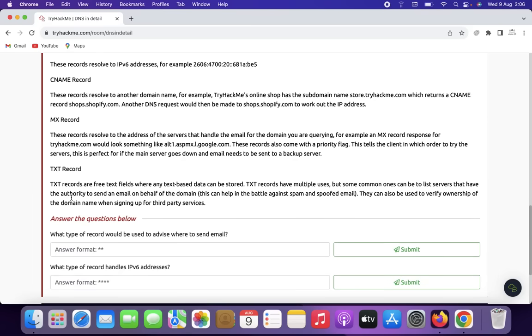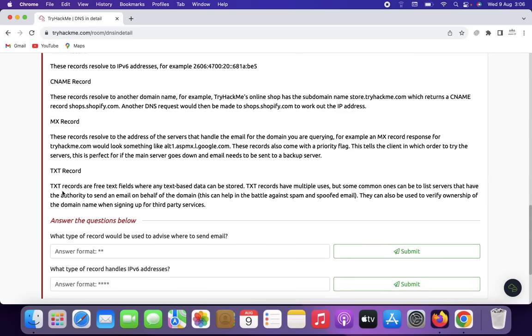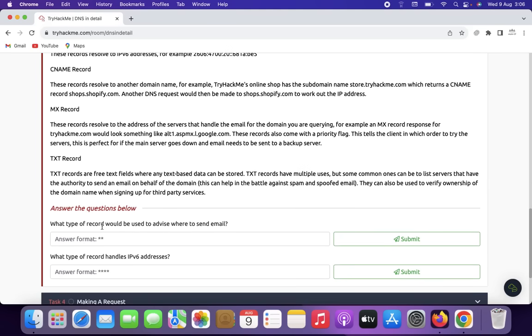So there are many other things that you want to know, like NS record, name server record, SOA record, start of authority record, PTR record, pointer record, SRV record, service record, and CAA record, certification authority authorization record. It will be more important if you take a wildcard SSL. Okay, and NAPTR record, naming authority pointer record. Okay, so